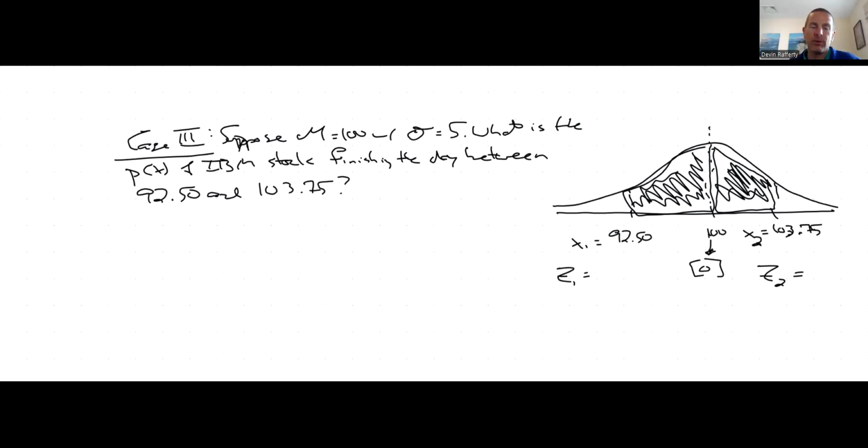Now we're going to convert the values of our observations to z-scores. Once we get the z-scores, we get the areas, and once we have the areas, we can add the areas together. Okay. So first things first, z1 equals